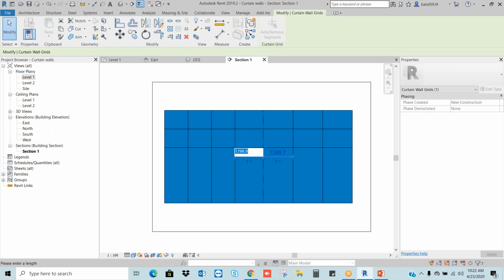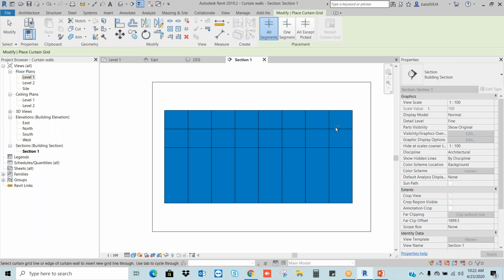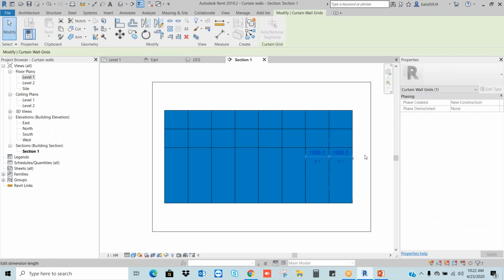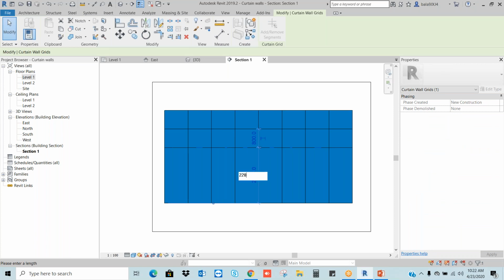Okay, just change it. 1000. Let's say I am going to add one more grid. Architecture, curtain grid. Select it. 1000. Right. This one I want to maintain 2200. Again 1800 last.